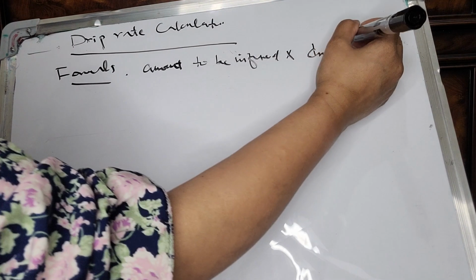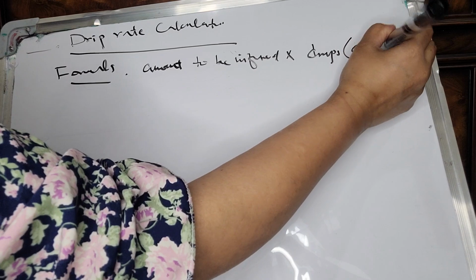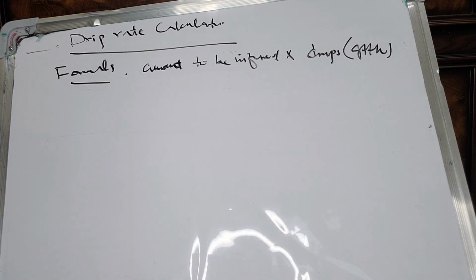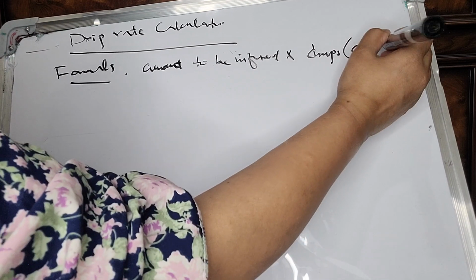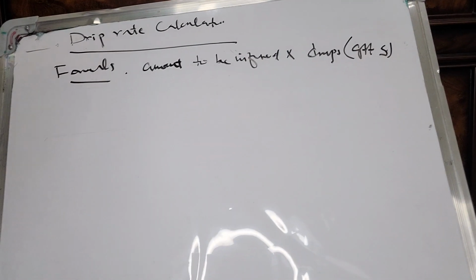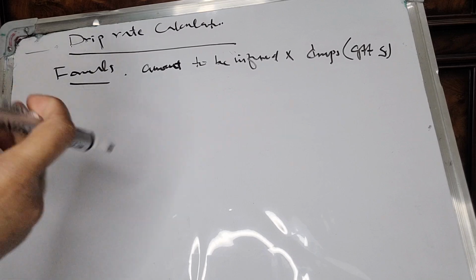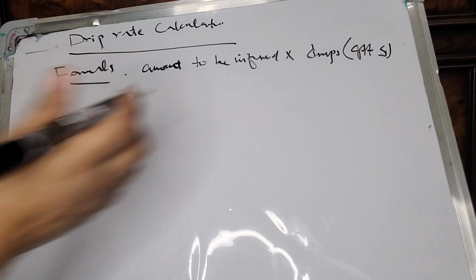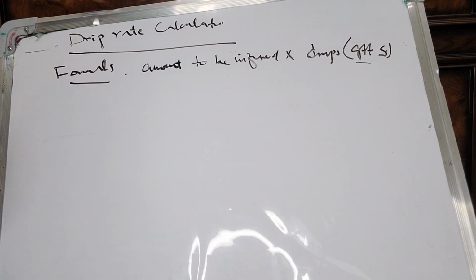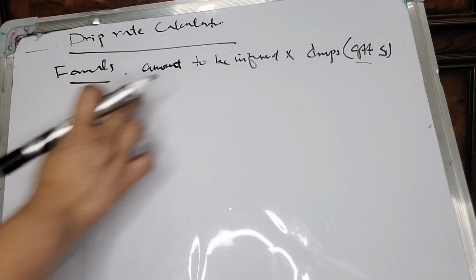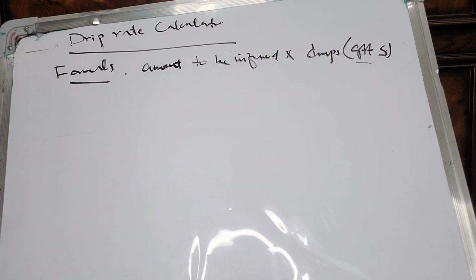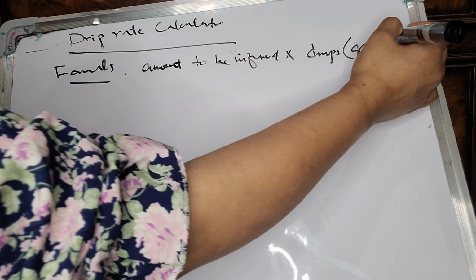The drops in the question are mostly written as GTTS, so GTTS is what we mostly use for the drops. So amount to be infused multiplied by drops per minute,